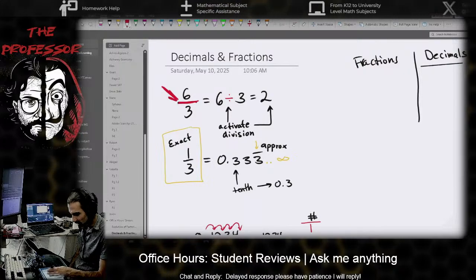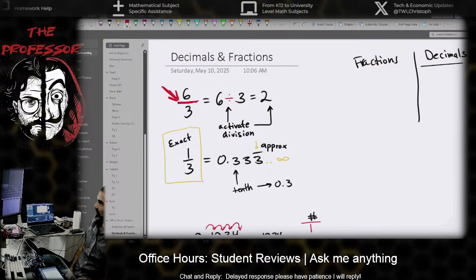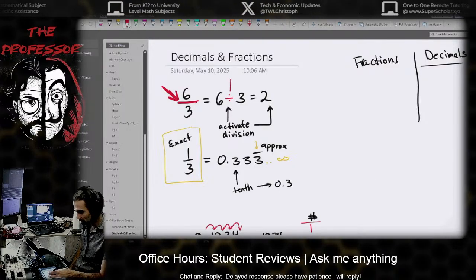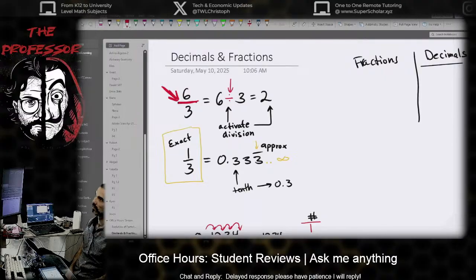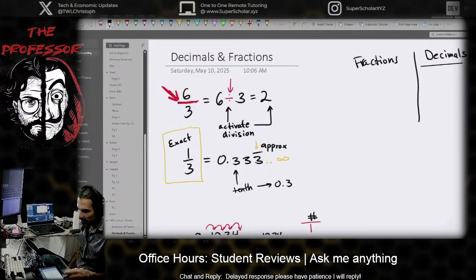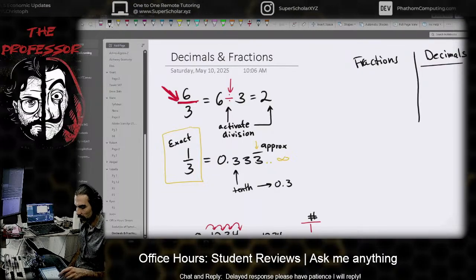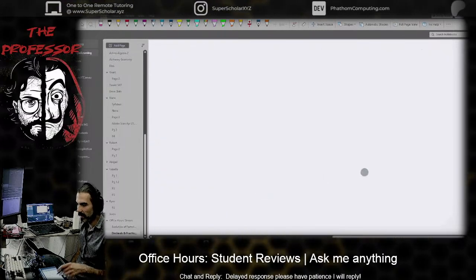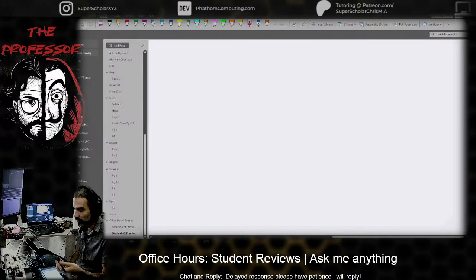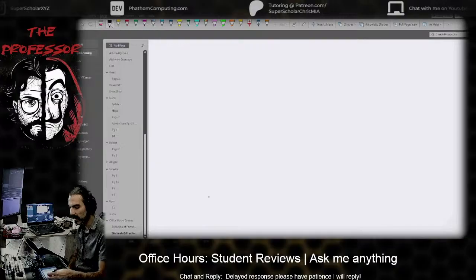The realization that this bar that we create fractions with is an actual division symbol. There's a miscommunication in mathematics that certain symbols change over time. So one of the things that we actually do as a student progresses is we start changing the way things look, which is weird, but it makes sense when you think about it.